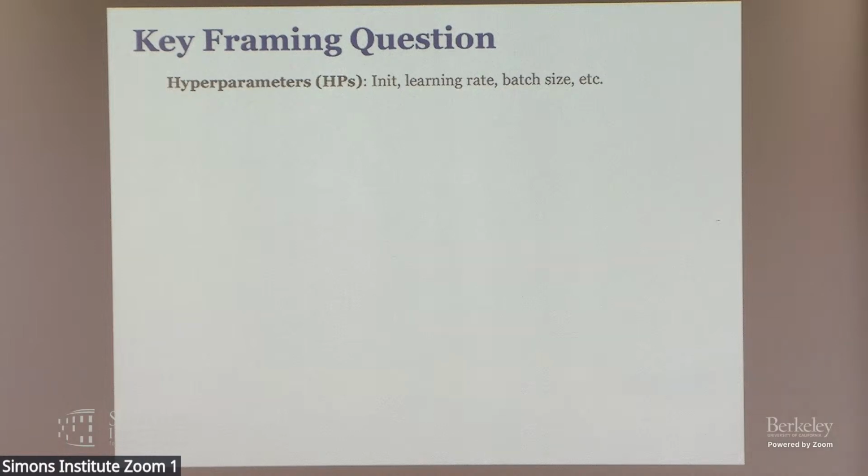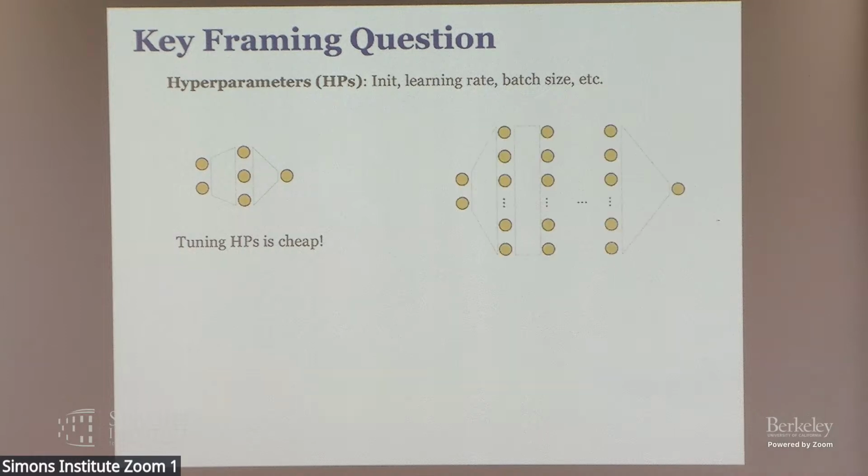The way we select these hyperparameters is usually via hyperparameter tuning. You set a grid of values for these hyperparameters, train the model with the different combinations, and then pick the best one. Now, when the model is small, tuning hyperparameters is generally cheap, because you can afford to train the model multiple times. But when the model is large, tuning becomes very expensive, because you need to train the model multiple times, and it's just not cost efficient.